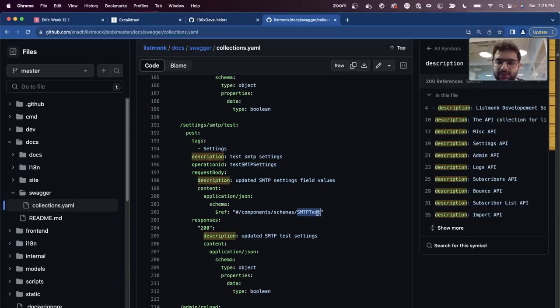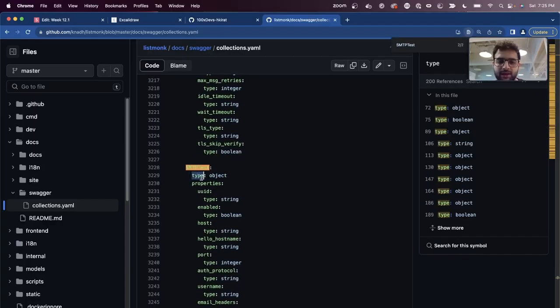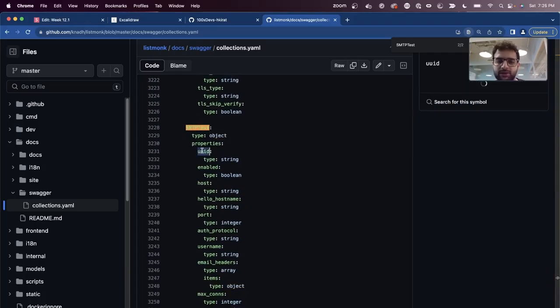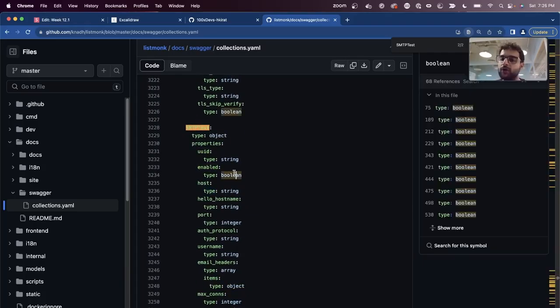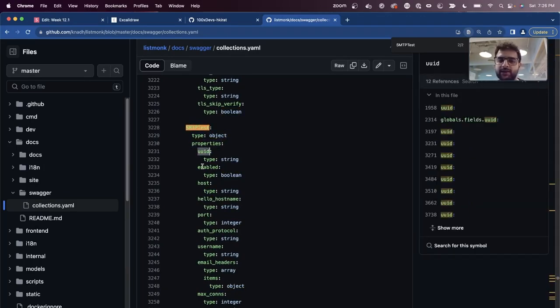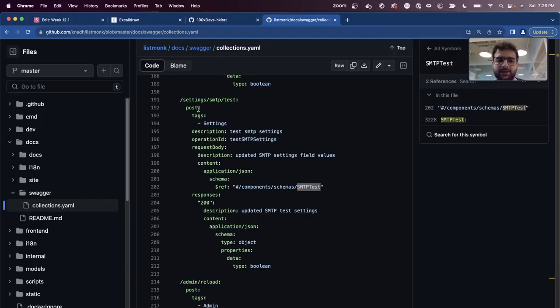So if I search for this SMTP test through the file, you will see SMTP test is an object and it has these few properties, UID, enabled, and so on. For our to-do application, we would have a similar schema. We would say something like to-do type object, properties would be title and description. So schemas is where you put, either manually or automatically, all the inputs and outputs of your API endpoints. But paths is where you define